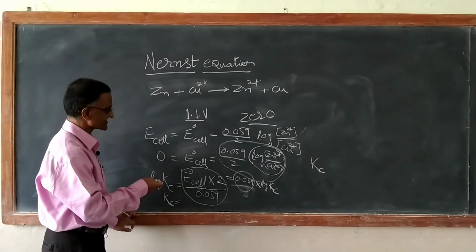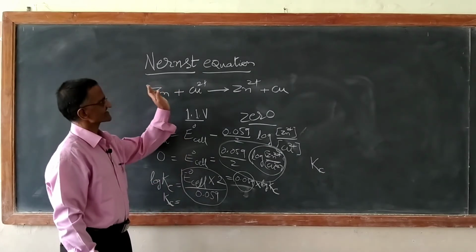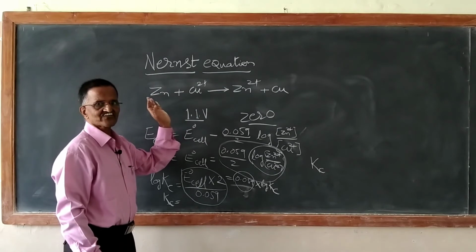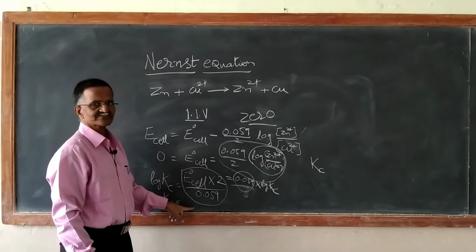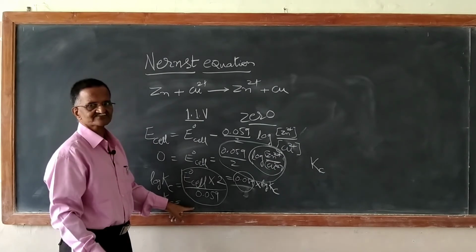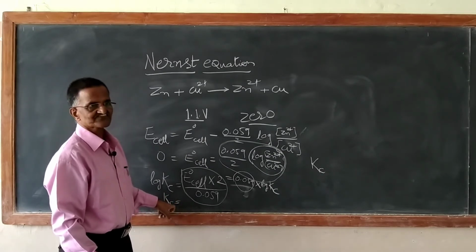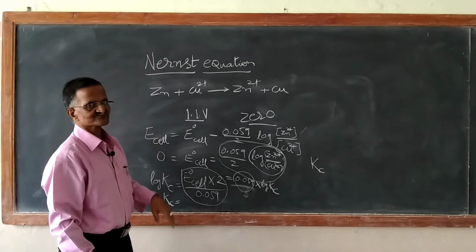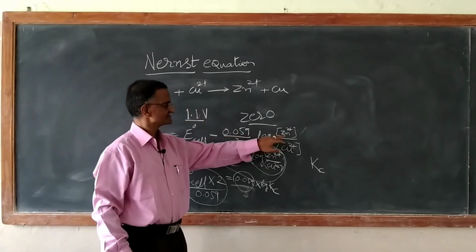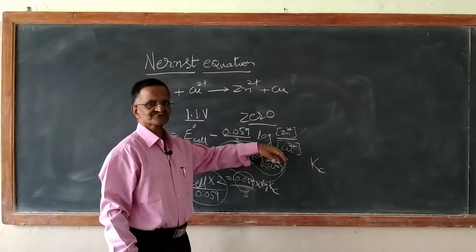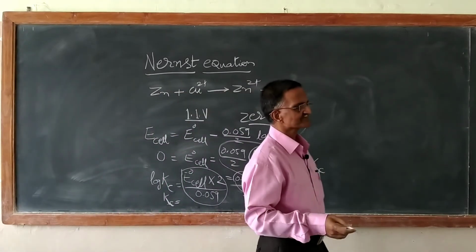If the Kc value is very high, that means the forward reaction was easily taking place. Clear? Kc will tell me to what extent the reaction took place, by the time it becomes equal to the equilibrium constant. If the K value is very high, that means those reactions took place very fast. So you have a high concentration of Zn2+ and low concentration of Cu2+. Clear?